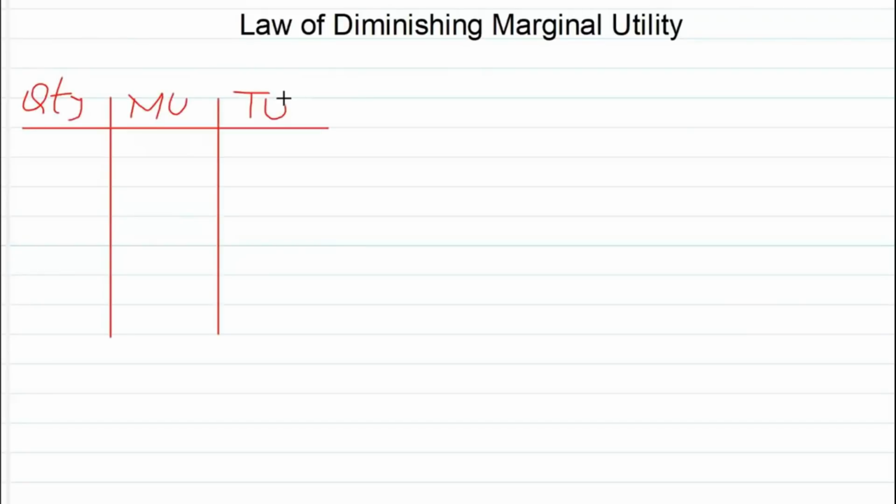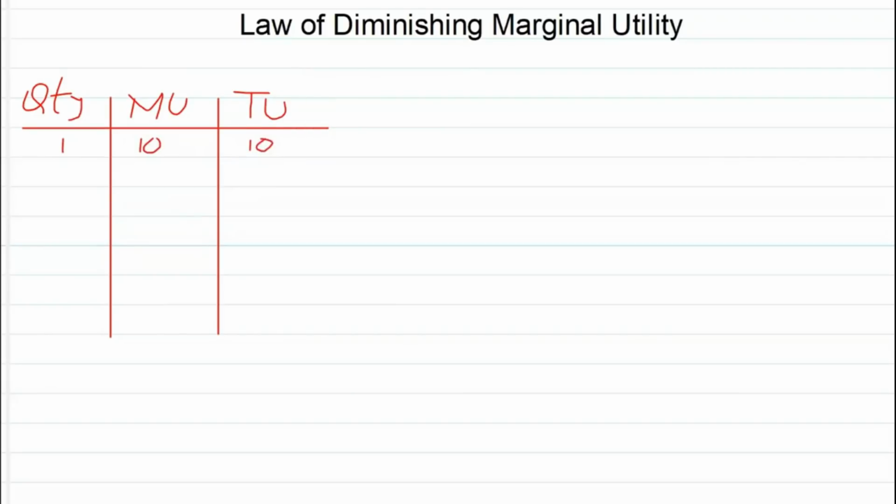Now coming to the law of diminishing marginal utility, this law states that when a consumer consumes a certain product continuously, then every additional unit of that product he consumes gives him a lesser level of satisfaction as compared to the previous unit. This statement of the law can be further explained with the help of a schedule and diagram. When a consumer consumes the first unit of a product, let's say he gets 10 units of marginal utility from that product, so his total utility will also be 10 units.